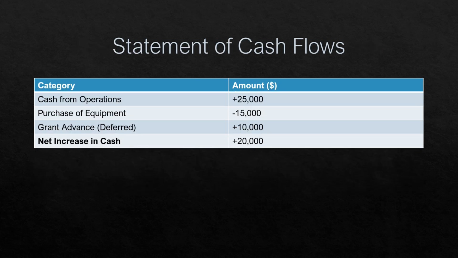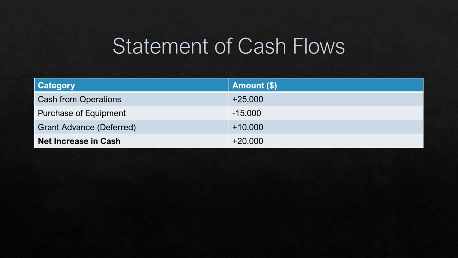So this is basically going to be your cash from operations minus, as seen there, purchase of equipment equals grant advance deferred, which would be 10,000, and then your total net increase in cash is 20,000. All right. So your total cash from operations is 25,000. You always want to have that in your back pocket. You want to have that cash available to use whenever you need it, if you do need it. Okay. The purchase of equipment takes away that 15,000. So your total grant deferment would be plus 10,